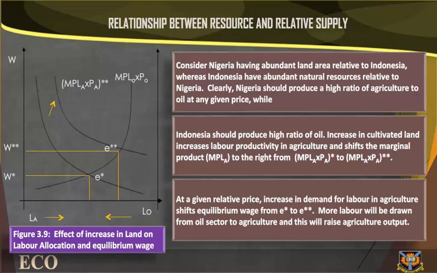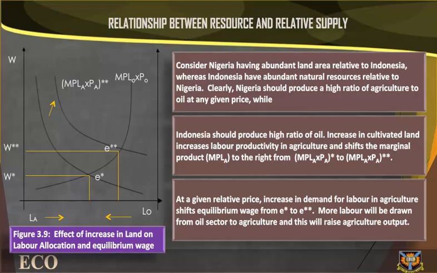Consider Nigeria having abundant land area relative to Indonesia, whereas Indonesia has abundant natural resources relative to Nigeria. Clearly, Nigeria should produce a high ratio of agriculture to oil at any given price, while Indonesia should produce high ratio of oil. Increase in cultivated land increases labor productivity in agriculture and shifts the marginal product MPLA to the right